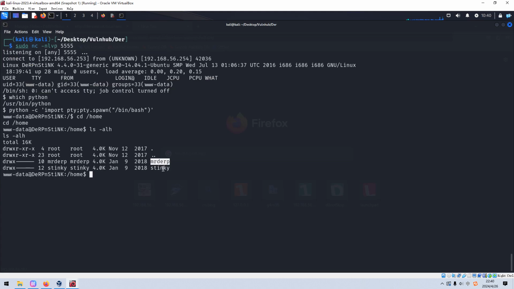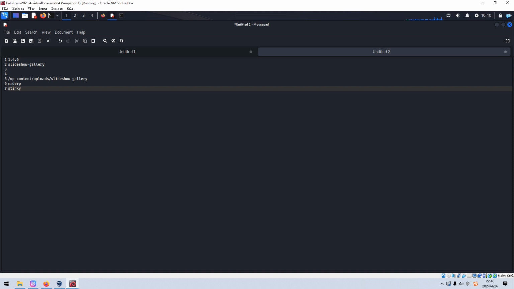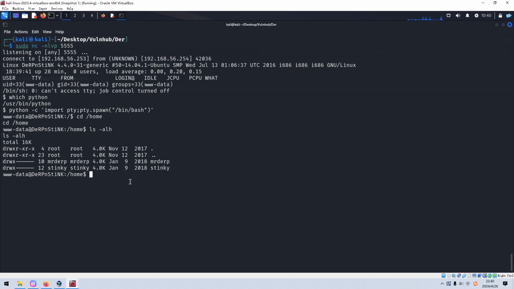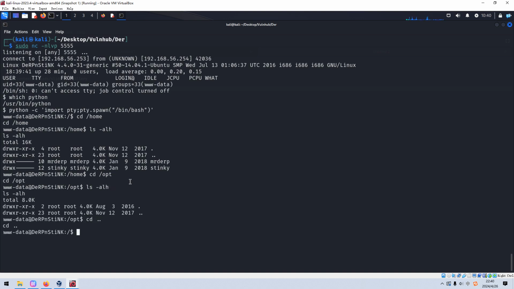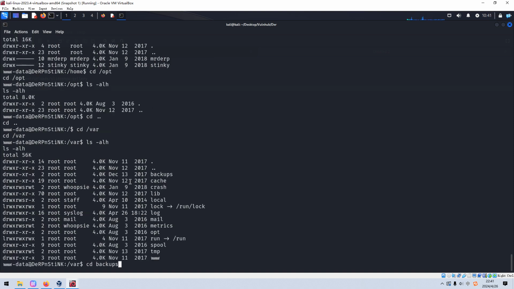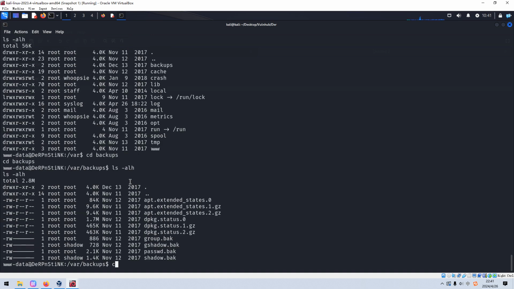And the next one is this one. So how to do? Next I will continue with the steps which comply with my mentioned methodology, okay? First of all, we can do some local enumeration manually. For example, we need to navigate across some directories. The first one is opt, nothing there. And we can go to the var directory and the backups directory, nothing there,